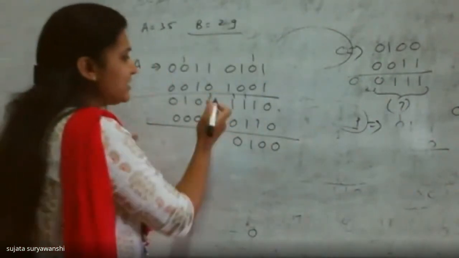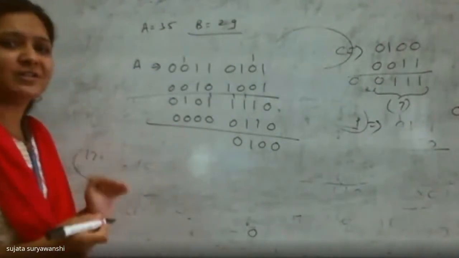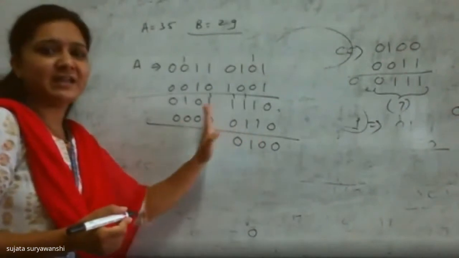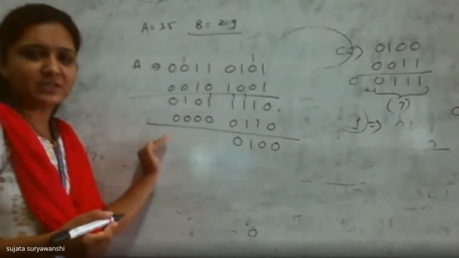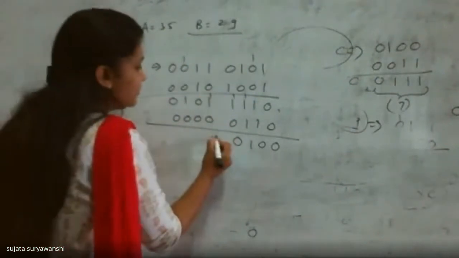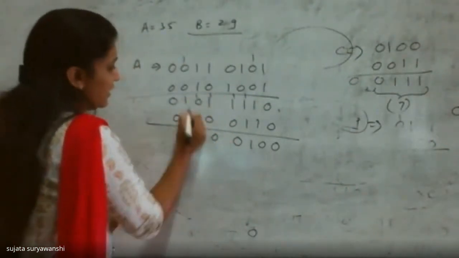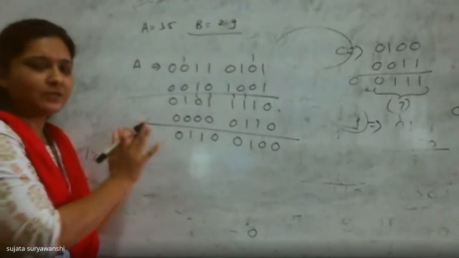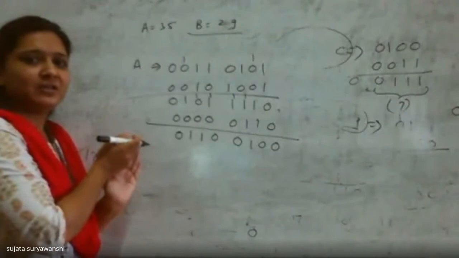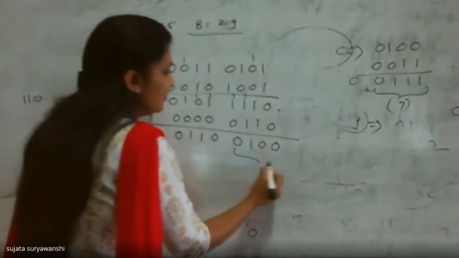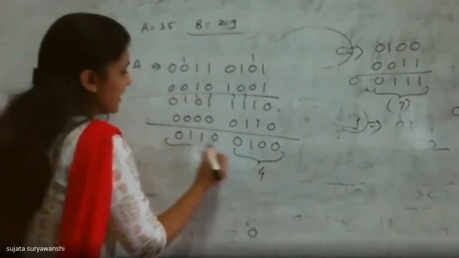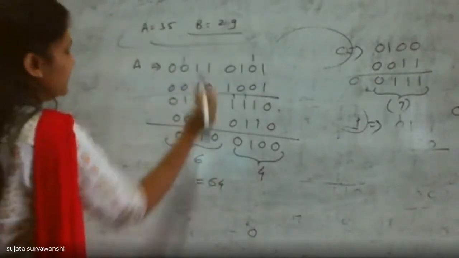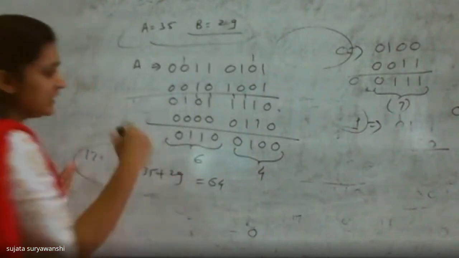Don't consider here whether we are getting carry here or not, because we are just converting or getting your result in the original or true form. No matter whether we are getting carry in this step or not. Okay, this is your final result right now. So 1 plus 1, 0, carry 1, 1, 1 and 0. This is your final result. So your final result is what? 4 and this is the 6. So 64 is the final result when we add this 35 plus 29.